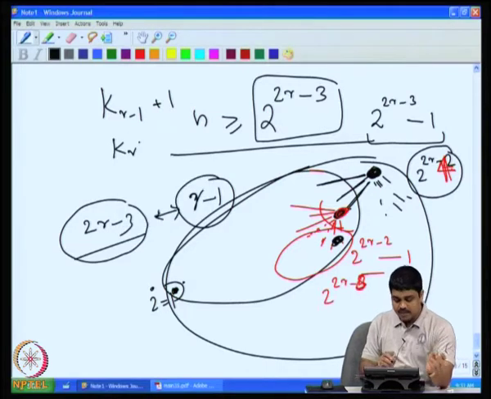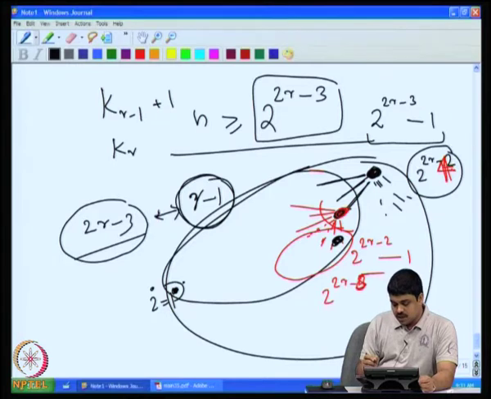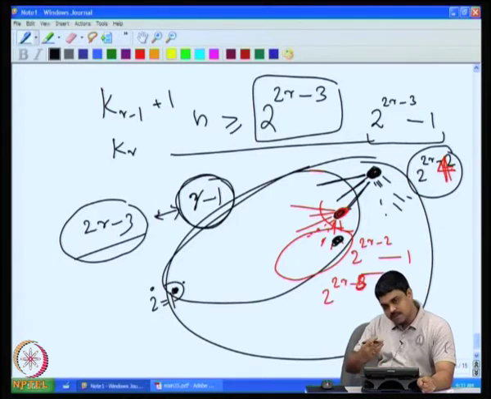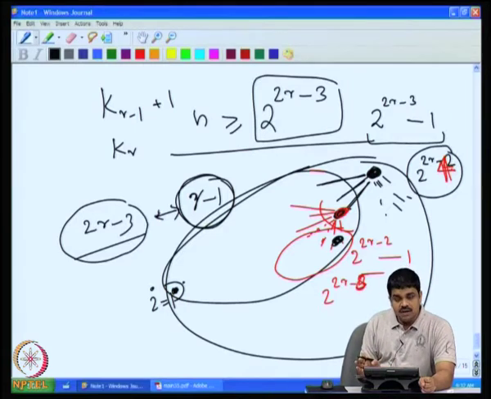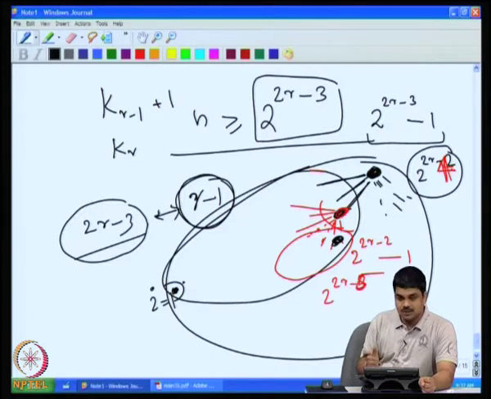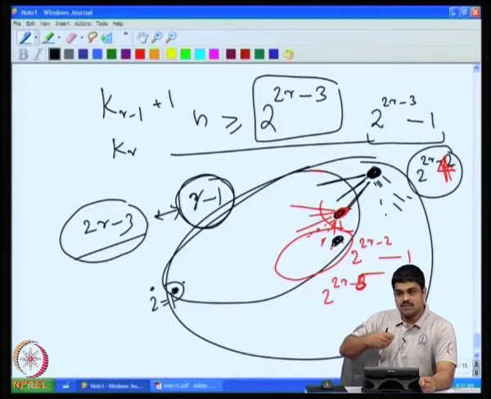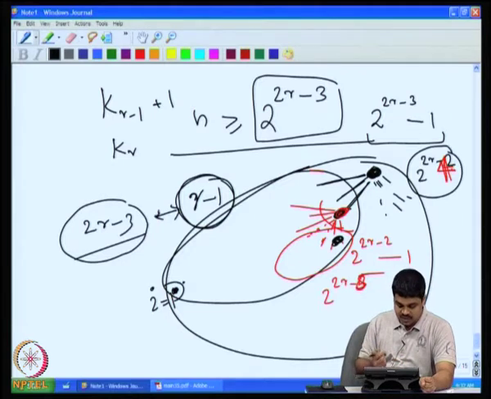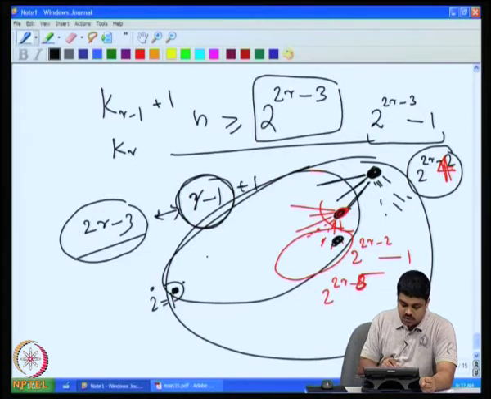On the other hand, if it so happens that these r minus 1 vertices belong to the other type, that means each time they were selected, it so happened that from the remaining vertices, when we categorize them based on neighbors and non neighbors, the non neighbors were higher. Then we see that each of these vertices is non adjacent to each other, because when one was selected, we picked up the non neighbors of it, and from that only the next vertex was picked, and then from the non neighbors of it only the next was picked. So, we get a collection of non adjacent r minus 1 vertices, and this last one can be added to this to form an independent set of cardinality